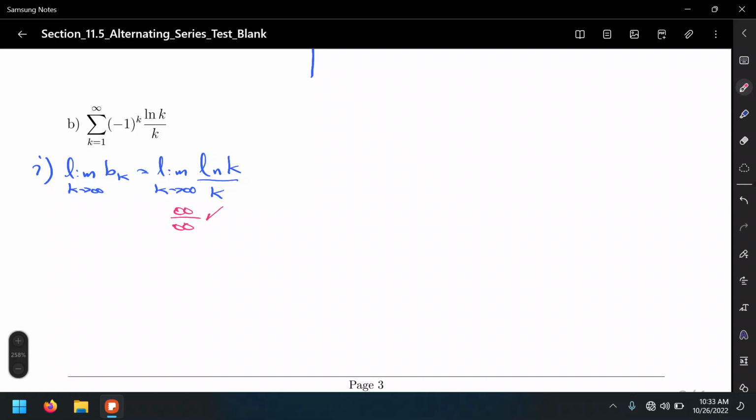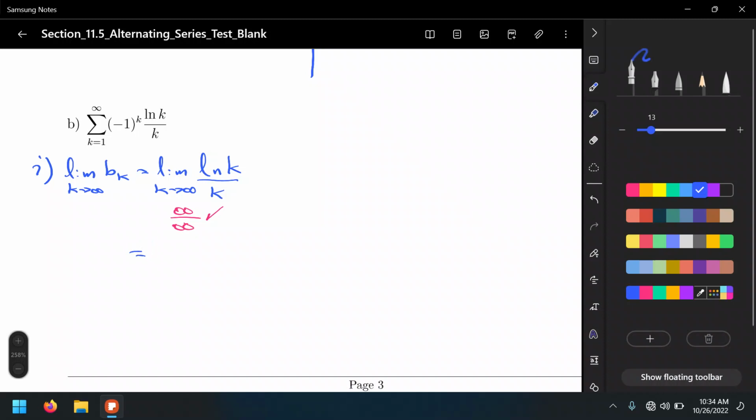Any factoring, rationalizing a numerator or denominator, or multiplying by a conjugate doesn't seem like it's going to work with this limit. However,